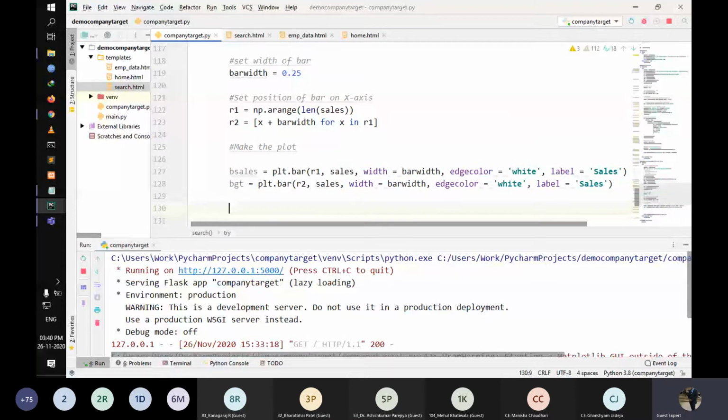Next, again, as we did previously, we're going to add text and labels.